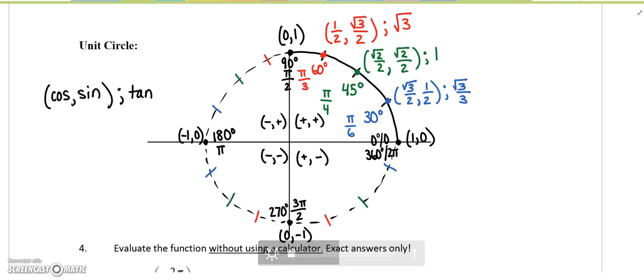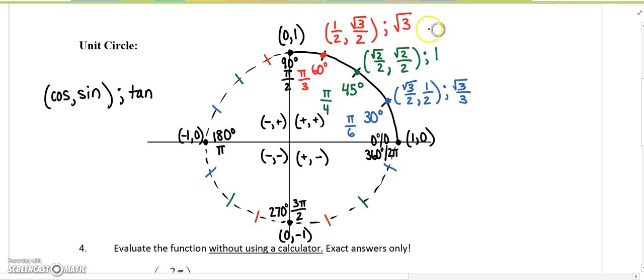Alright, hello everyone. And here we are going to be talking strictly about the unit circle. The unit circle was a big part of our trig unit, and it's really important that you remember it. But remember, if you can think back this far, we really only had to remember our first quadrant,